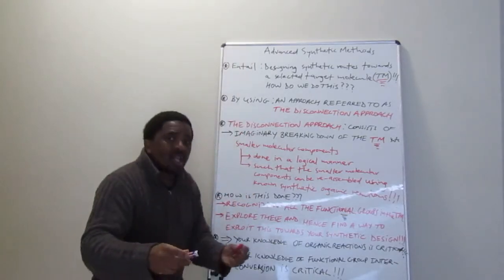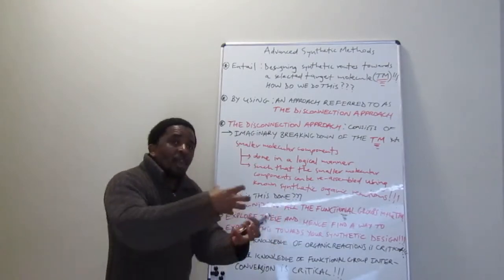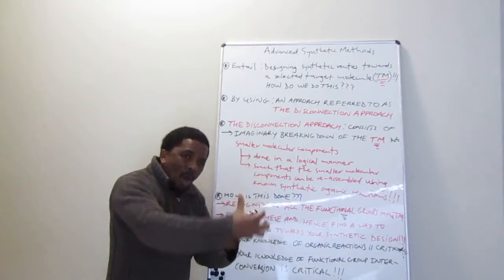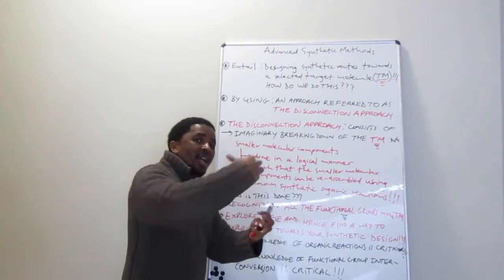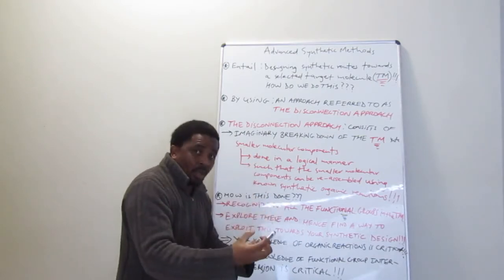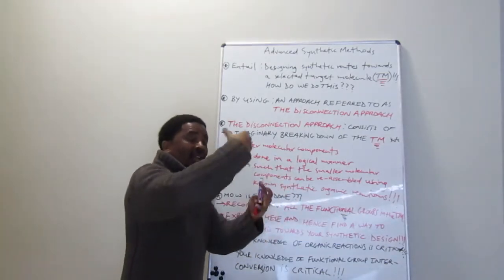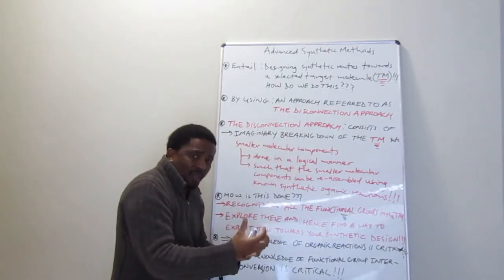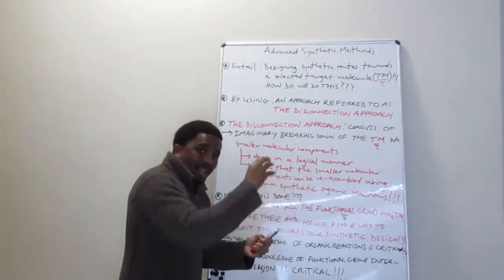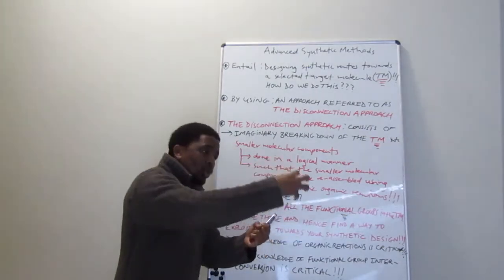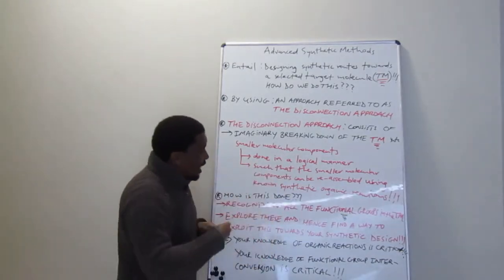Now the question is, how exactly do we do this in terms of organic chemistry? We use our known synthetic reactions. That is all the reactions that you have learned in your undergraduate, at first year, second year, third year chemistry, and also at the beginning of your honors level. So all the reactions that we taught you at undergrad, be it first year, second year, you need all that information